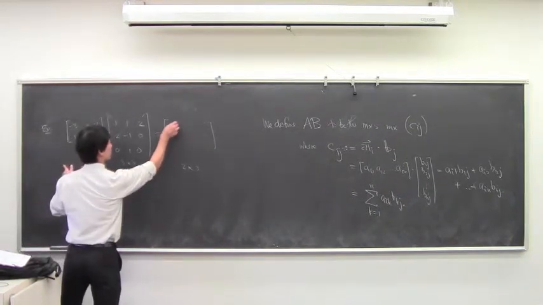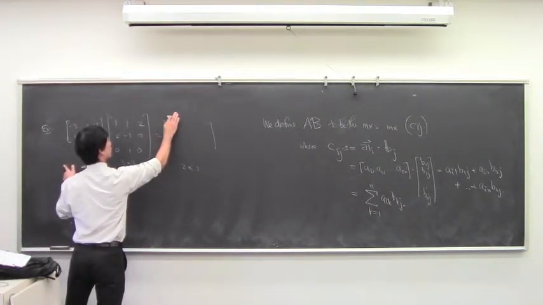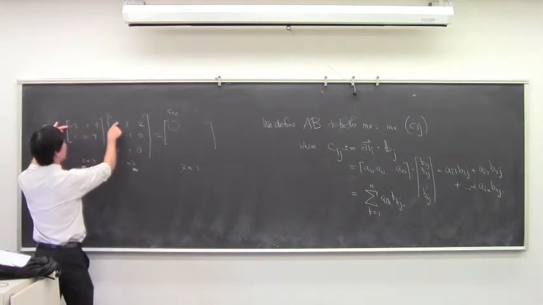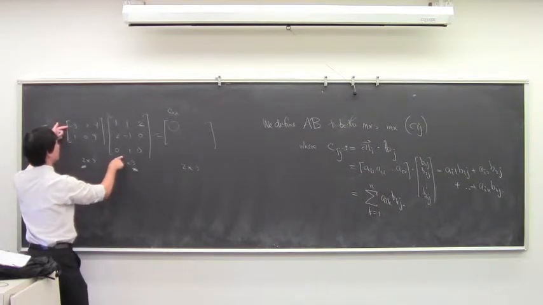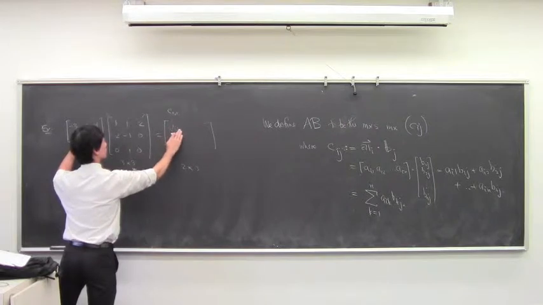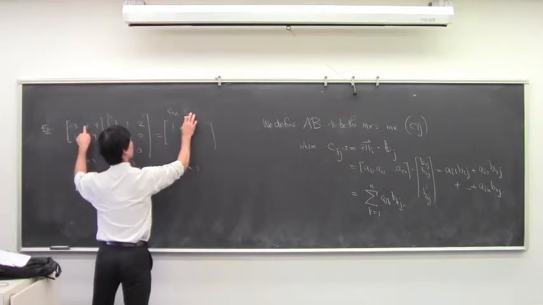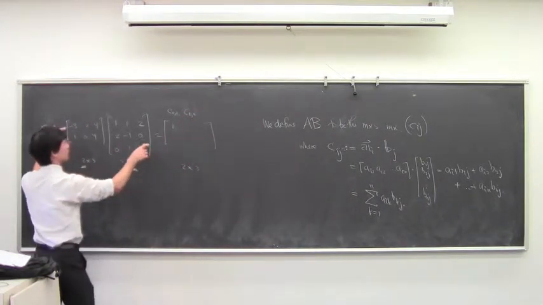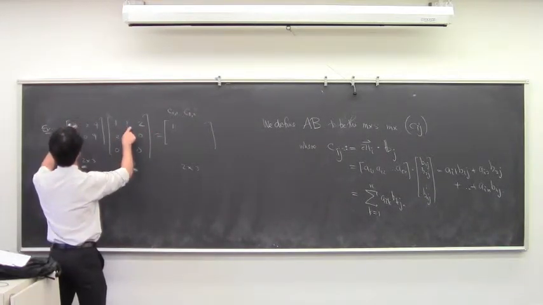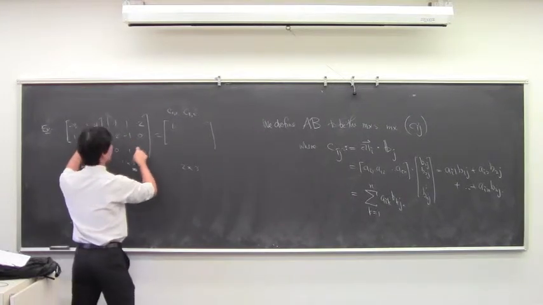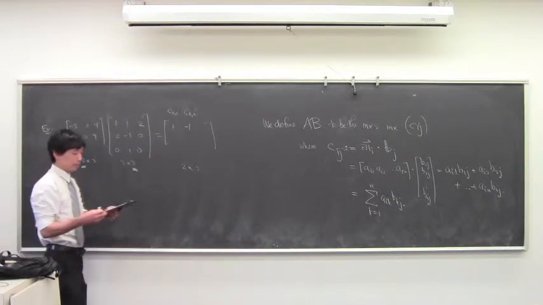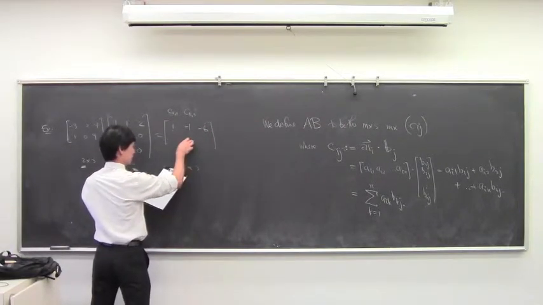How do I find the 1, 1 entry? This is C1,1. I'm going to take the first row and dot it against the first column, so I get -3 plus 4, so I get 1. How do I find the C1,2 entry? I'm going to take the first row against the second column, so I get -3 -2, so that's -5, plus 4. Keep on going, -6,